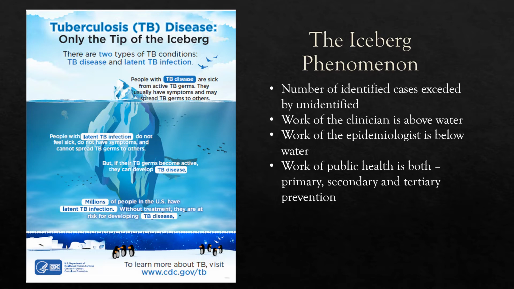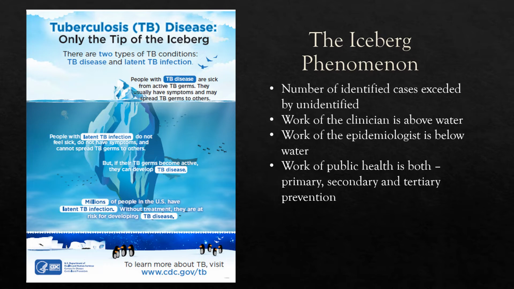The number of people who have active TB is small, but because they are exhibiting symptoms, they're apparent, and it's an opportunity to recognize and interrupt the chain of transmission, and also improve the outcomes for that individual. So the number of identified cases is always exceeded by the number of unidentified